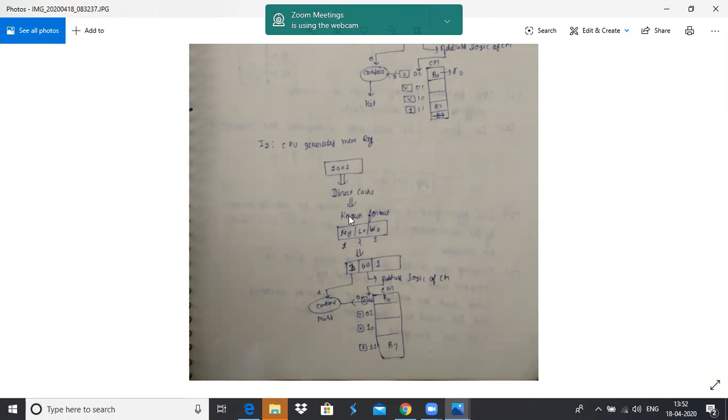So first it will check. The tag value here is 1, but the tag value in the cache is 0. After comparison between the tag values, if they are equal, then it is a cache hit. Otherwise, it is a cache miss.